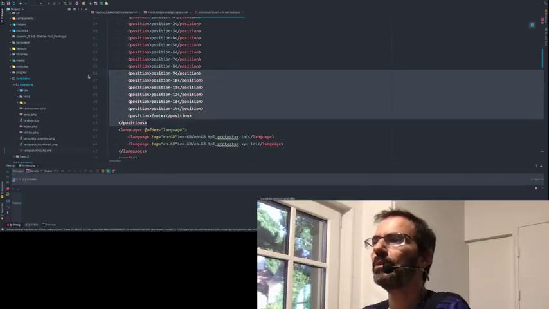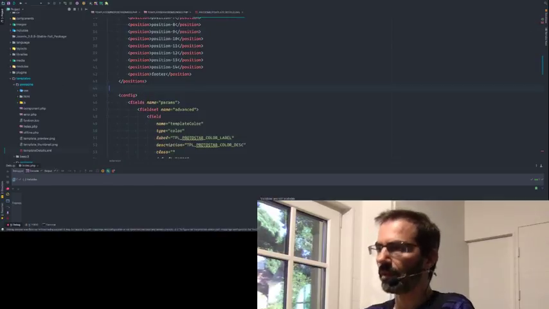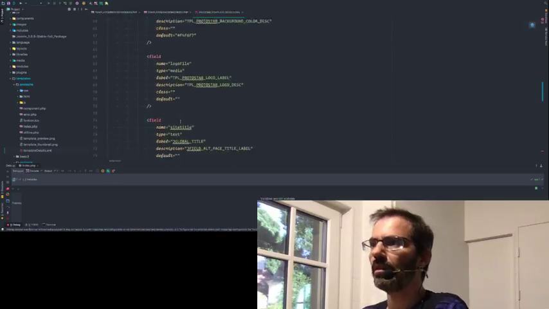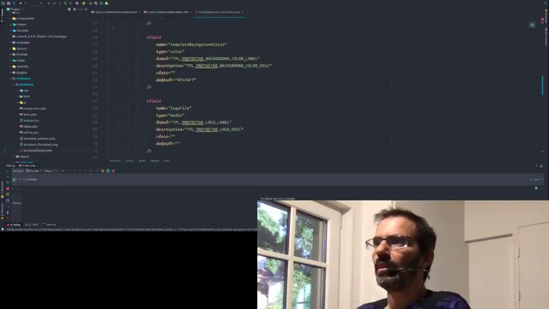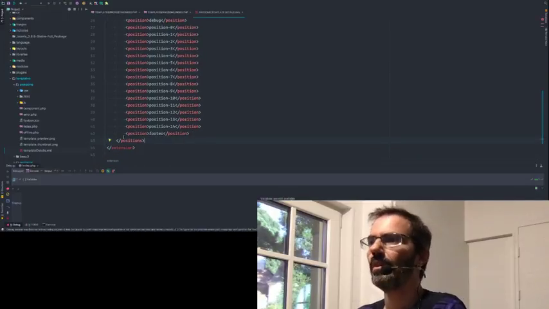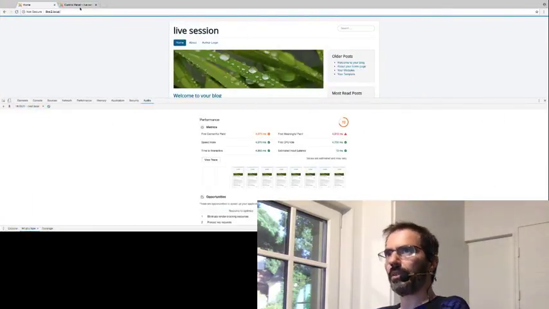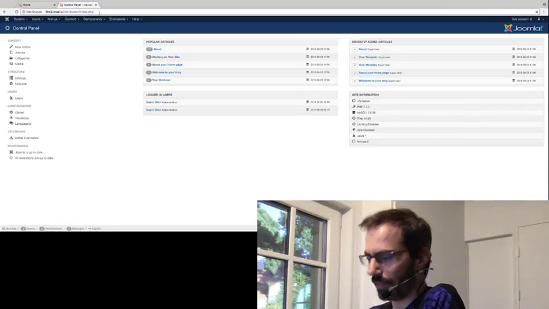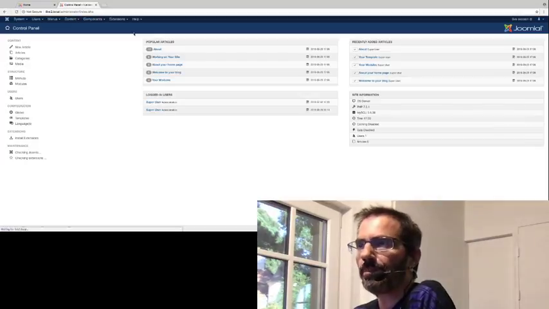I'm gonna remove everything. No, I'm not gonna remove everything. I'm just gonna remove the languages because, why not? And then I'm gonna remove also all the config part because we're gonna do it later on. So basically that's it. And then once you do this, all the changes in the XML, you can go in the backend,